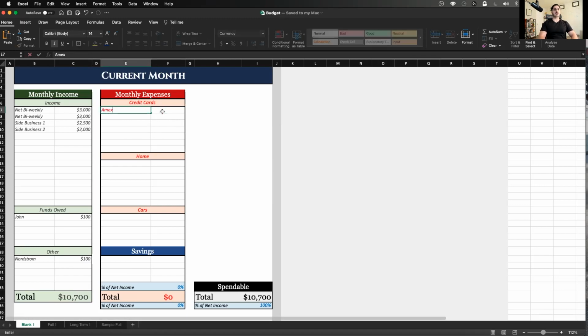So for credit cards, let's say we have an American Express and our minimum payment on that's $200. Okay, let's say we got a Capital One and we're going to pay $300 to that, and so on, right? You could fill out your credit cards, what the amounts are, what the amount you want to pay is. Another category I have here is rent or home, right? And rent goes within there. Rent, mortgage, however you want to label it, right? And let's just say for this person rent is $2,500,